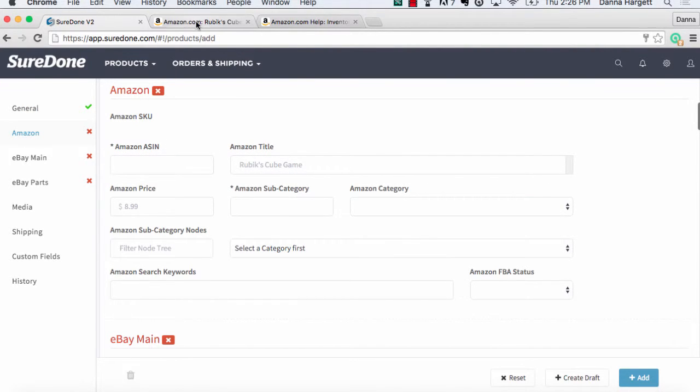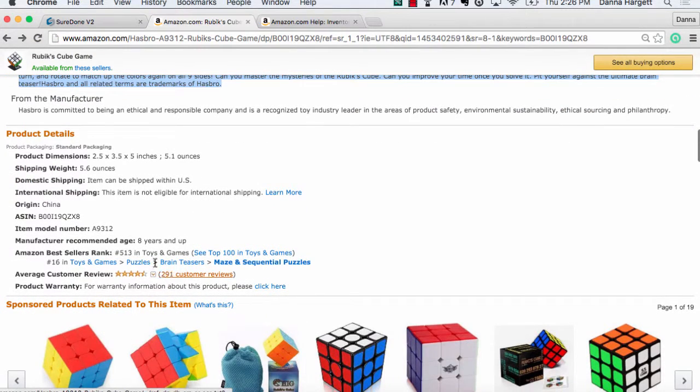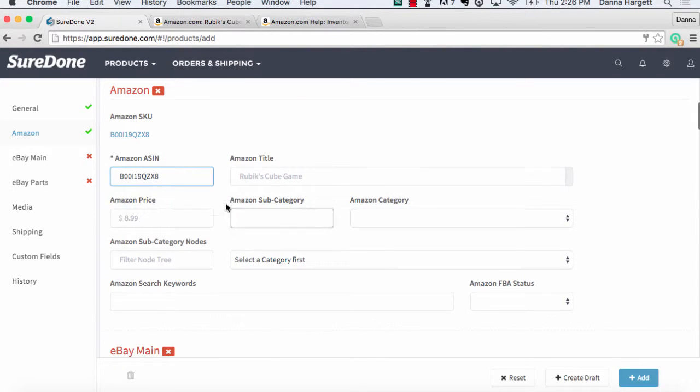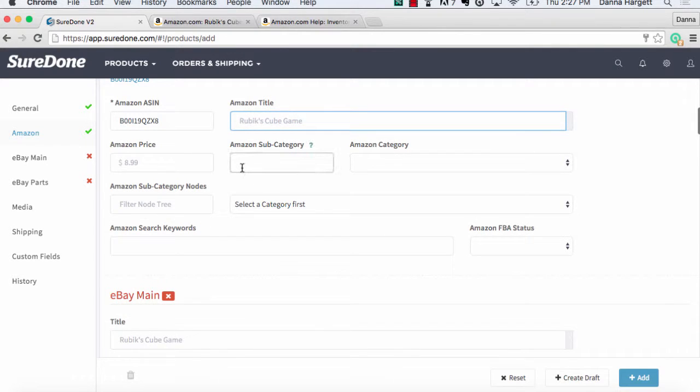Now we can go down to our Amazon section, and we are, of course, going to be listing this by ASIN. You can always find the ASIN that you're looking for under your product details. So we can add that here. And of course, now that we've added our ASIN, we don't need an Amazon subcategory. You'll also notice that my title and my price are being ghosted down from the general section. This just means that what we typed into the general section is being displayed here in the field. If you wanted to send an Amazon specific title, then of course you can override this simply by typing in the box. All right, so we're not going to need to add an Amazon subcategory here, so we can move